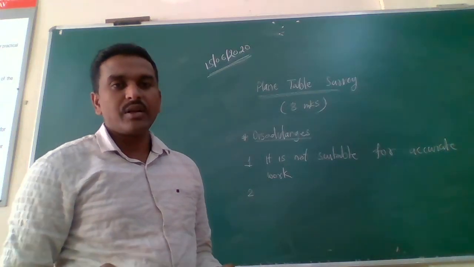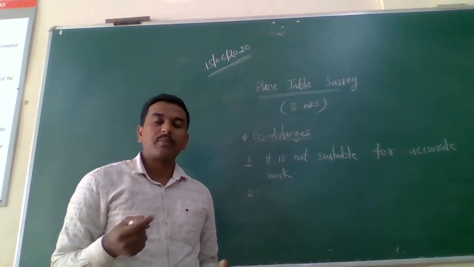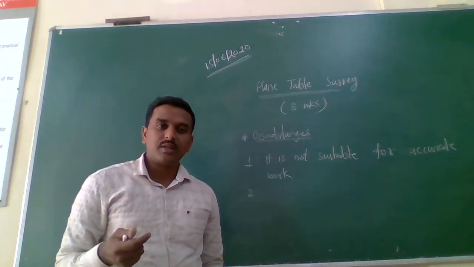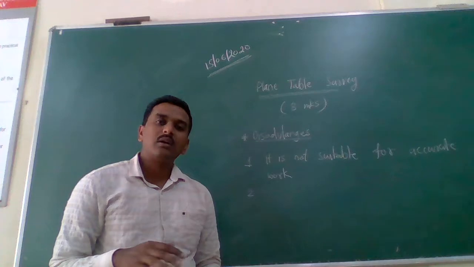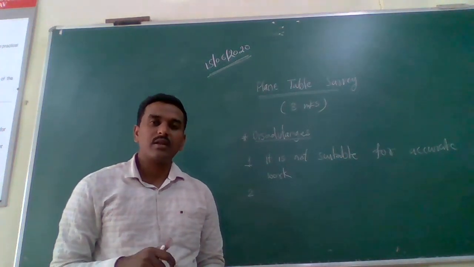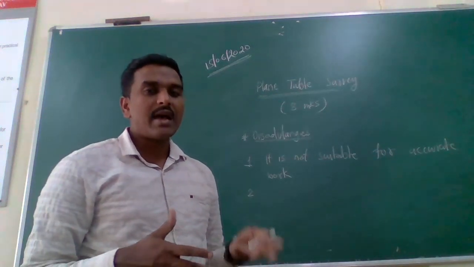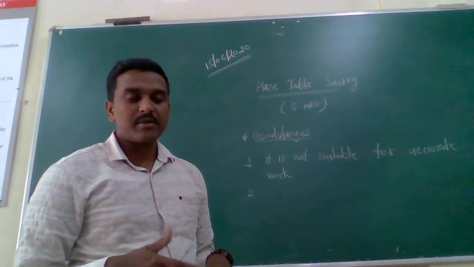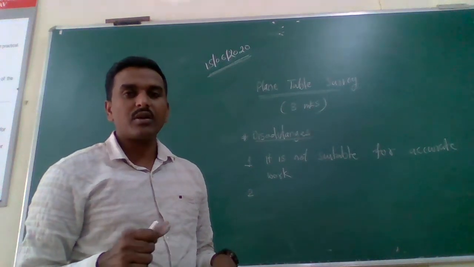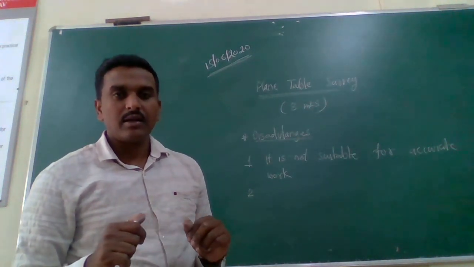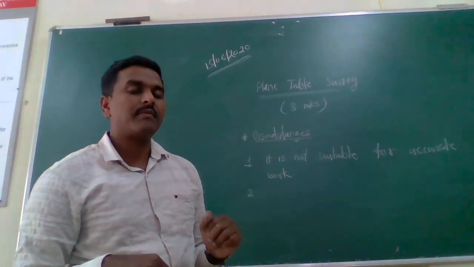If we need more accurate details, for example, for the purpose of a sanctioning authority, then you cannot use the plane table survey. For that purpose, you have to use another kind of survey, theodolite survey or tachymetry survey, because that kind of survey is more accurate as compared to the plane table survey. So plane table survey is used only when we want a rough idea about the terrain. In that case only we can use the plane table survey.